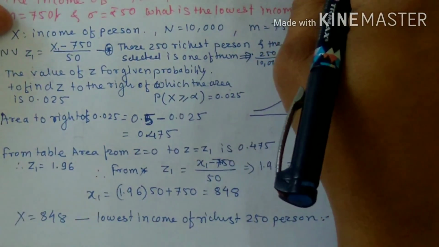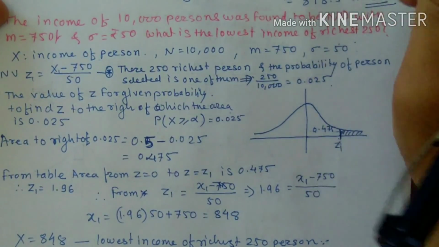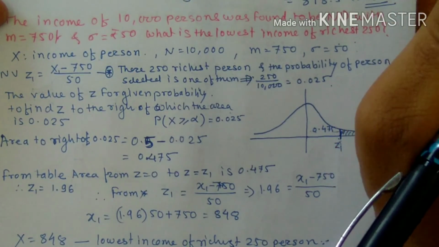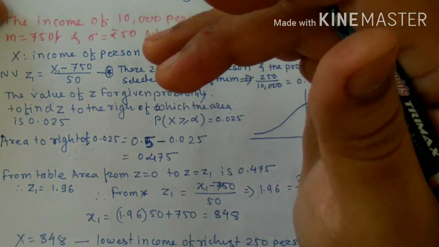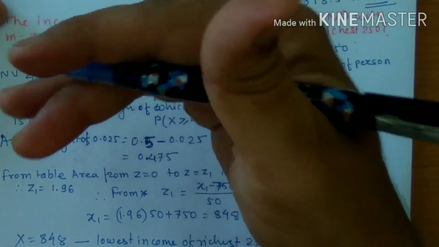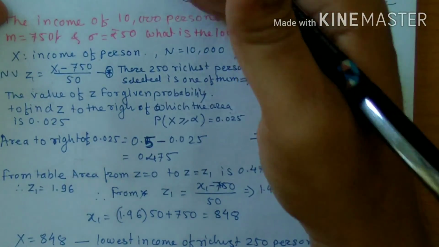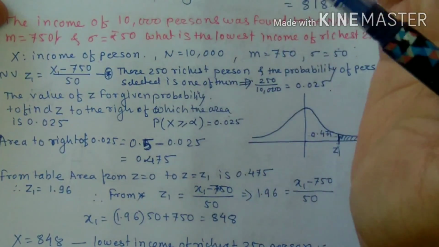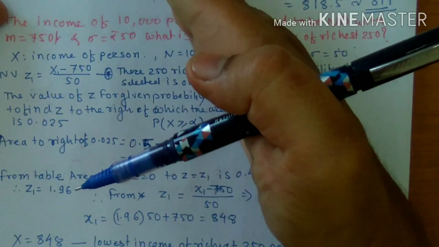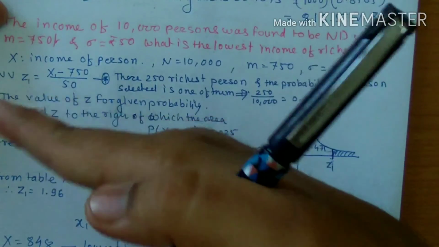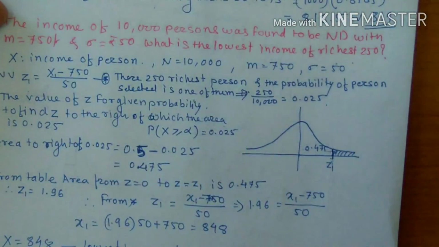That is your expected answer. See, this is a reverse problem. Reverse problems means you know the probability from which you have to identify the value of the standard normal variate z1, and from z1 you have to come back to the x. In the previous problems, the x is given. From x you go to the standard normal value, then to the area, and then to the probability. Here, we go from probability, then area, then the value of the standard variate, and then the value of x we are calculating in actual. So that's why this problem is known as a reverse problem.